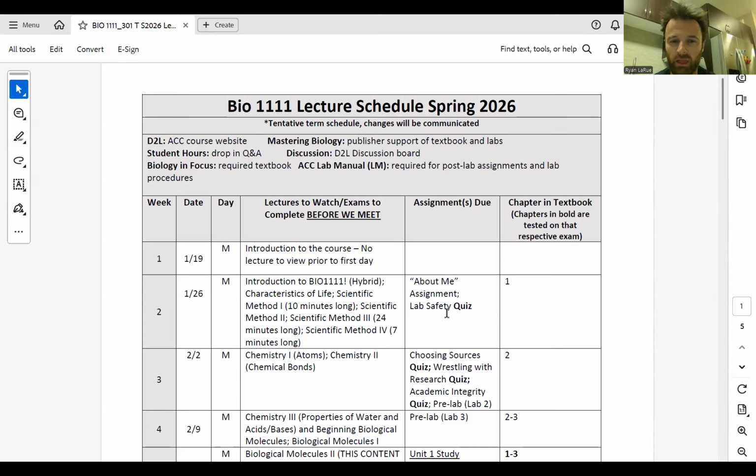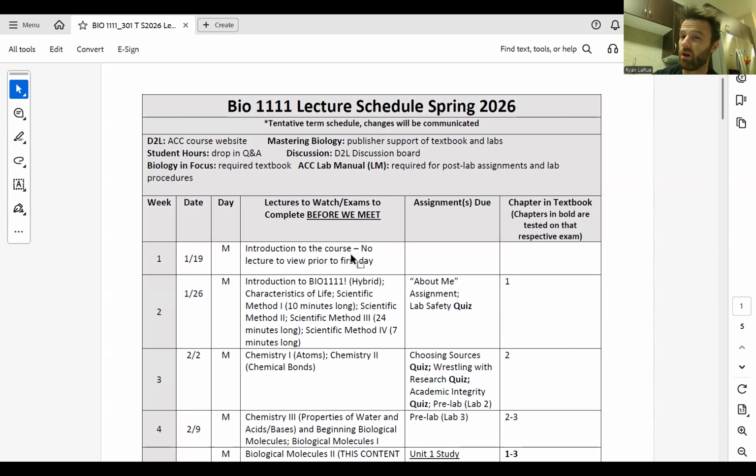Here it is. The schedule has all of the lectures that you want to view and when you want to have viewed them, as well as exams. So really it's due dates in the lecture schedule.